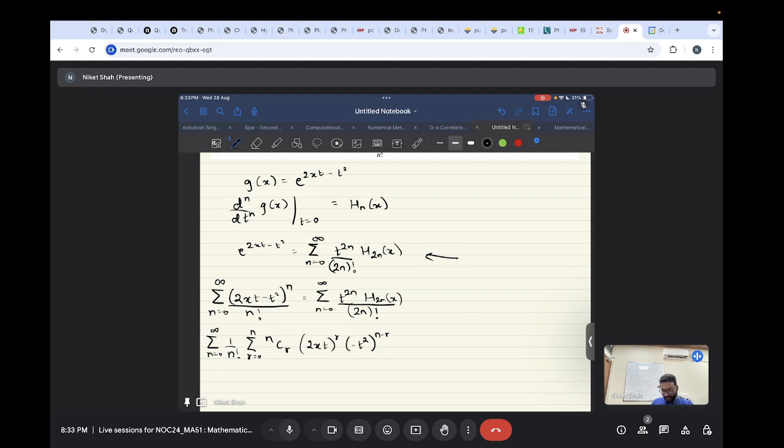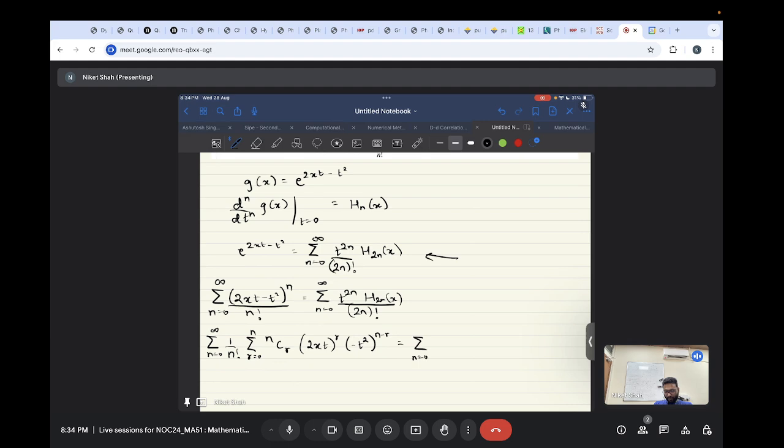Now for this summation, each individual term here, this 2xt minus t square raised to n, I'm doing a binomial expansion on that term. So each term with whatever n there is, is going to give me an expansion of this form. That's why I get another summation here. It goes from r equal to 0 to n. So if n equal to 0, then there is no term. N equal to 1, there are a couple of terms, etc. So that summation is nCr times 2xt raised to r times minus t square raised to n minus r. Okay. And this is equal to